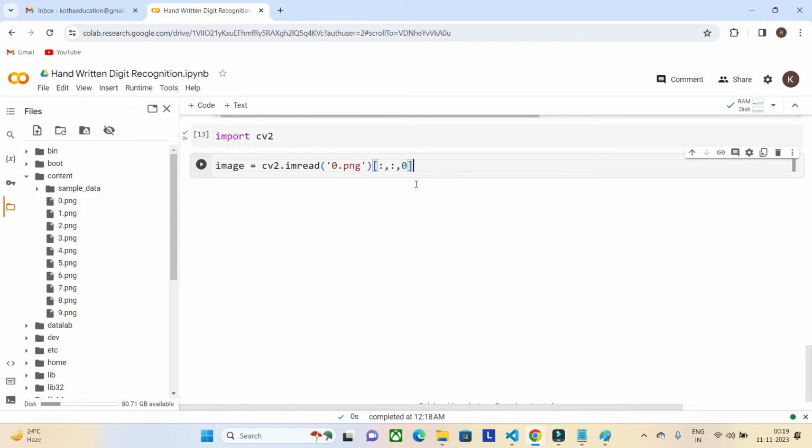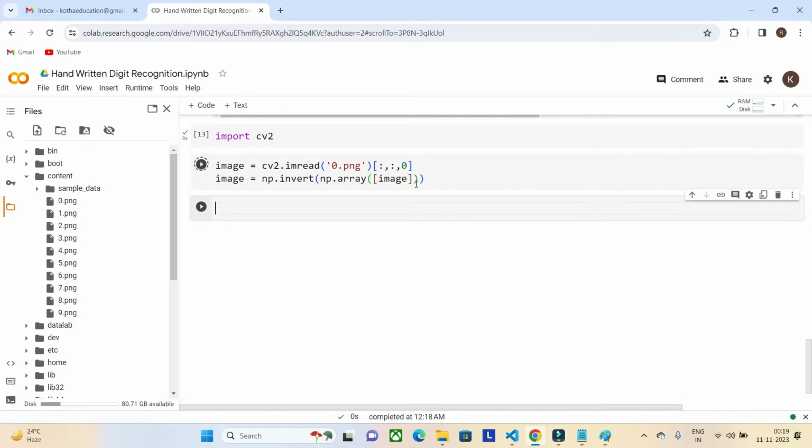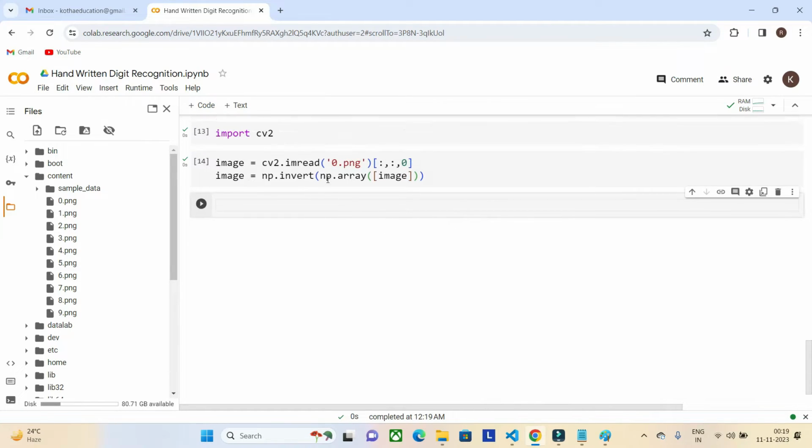Once it is done, image equals np.invert of np.array of image. Okay, it's completed. Now we have to pass it to our model.